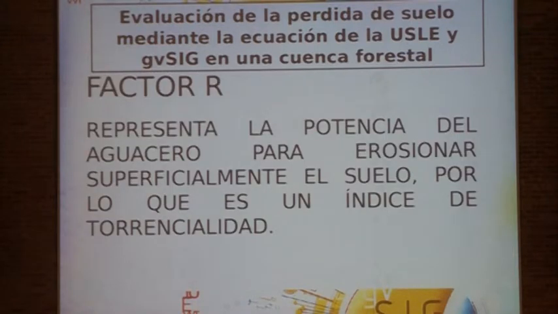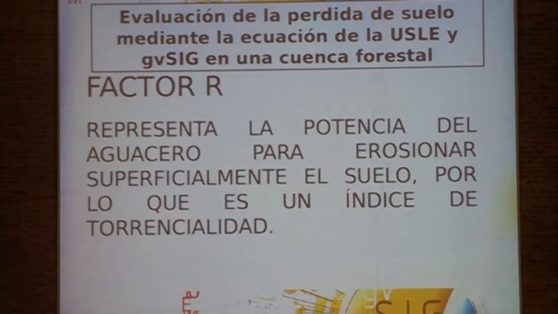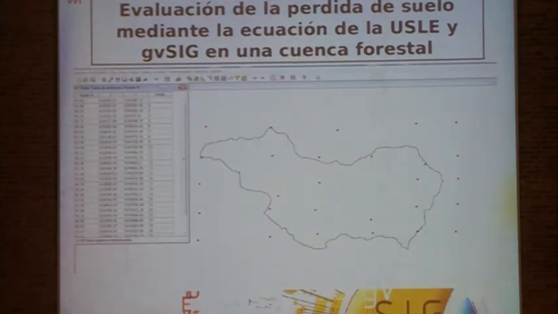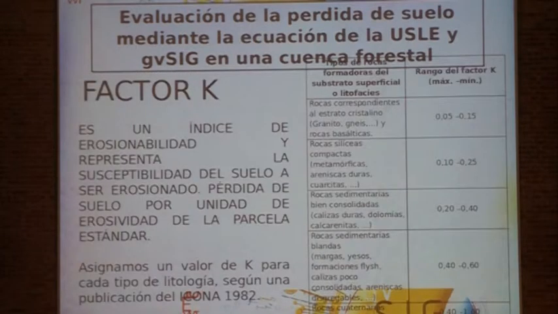For instance, the first factor, the R factor, the rain factor, is obtained from this application. We could put that factor in a table that we can import into gvSIG, and based on this table we could build the raster. We have the R factor in Ellín, in Albacete, and then we have an icon,